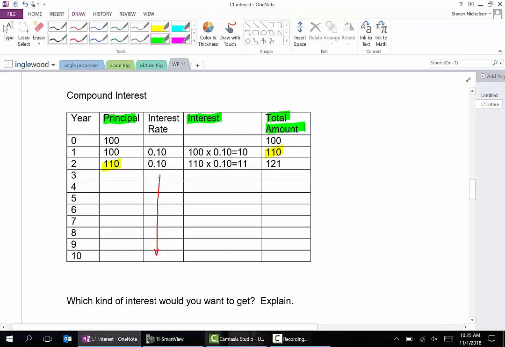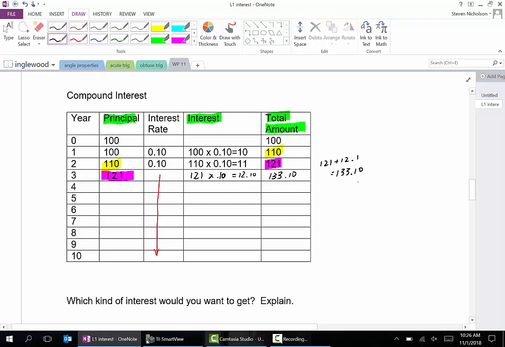So I'm going to do a sample calculation, and then I'm just going to write the totals because all the calculations are repetitive. So again, what's going to happen is, in this one right here, this is going to be our money we're going to start off with in the new year. And in order to calculate the interest, we're going to calculate 121 times the interest rate, which is 0.10, and that is 12.10. And then we're going to add those two things together, and we're going to get that. So 121 plus 12.1 equals